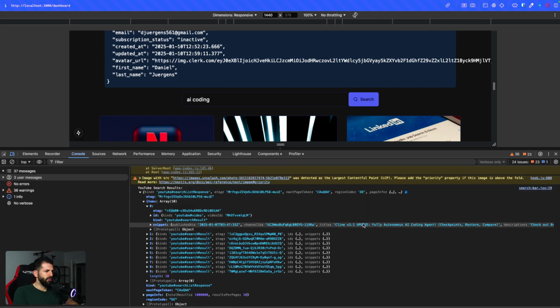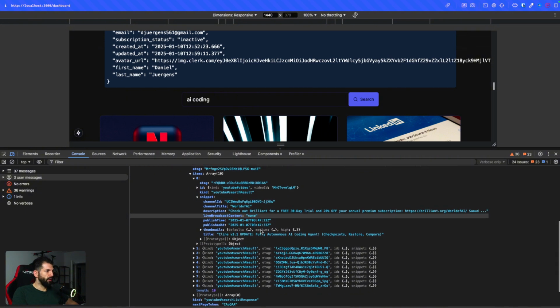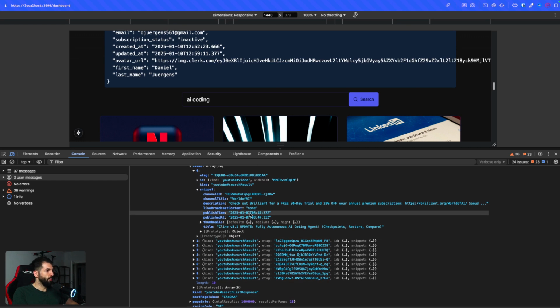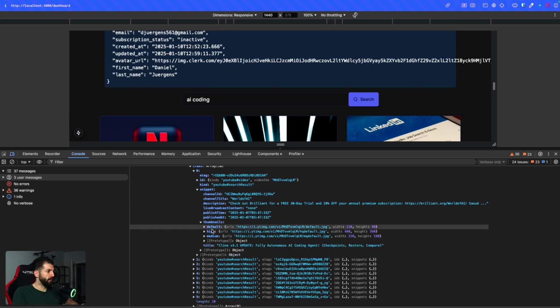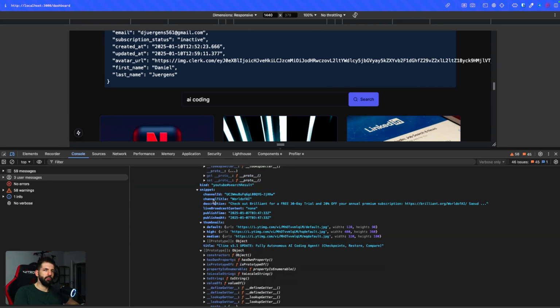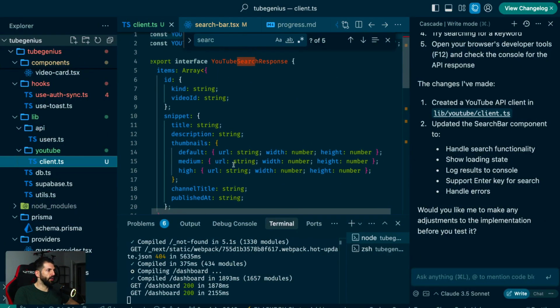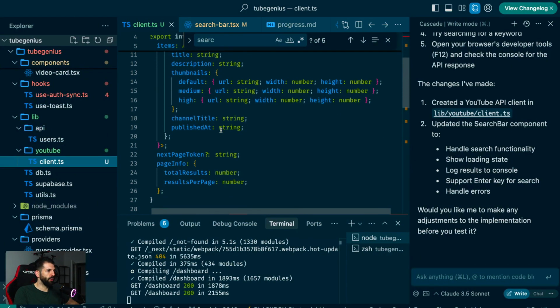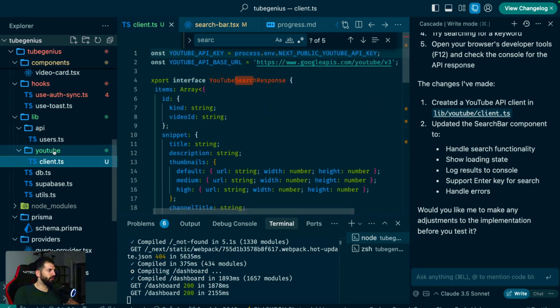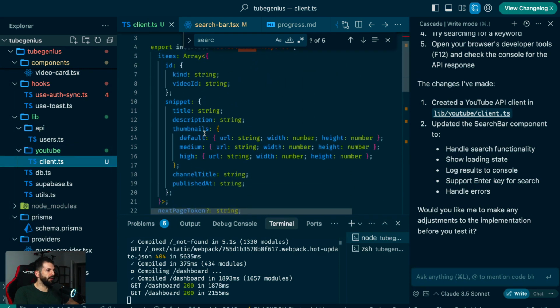So here's basically everything that we need to further enhance the functionality of our application. So we have the description, we have the publish date, we have the thumbnails. And by the way, the reason why we only see this info like channel ID, channel title, and so on is because, well, this is the only thing that we are fetching, right? So if we go to the client.ts, you can see that we are fetching the title, the description, the thumbnails,